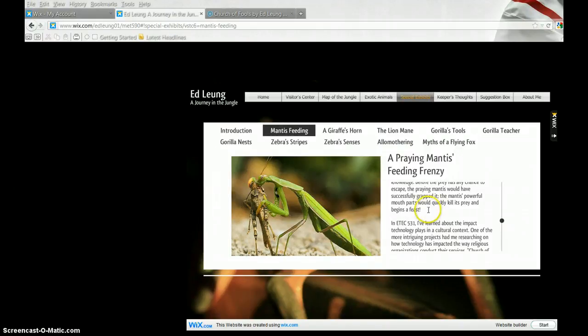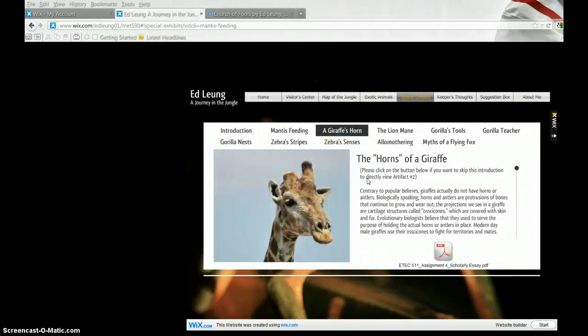Some artifacts are text-based, so for example, if you look at the giraffe's horn,